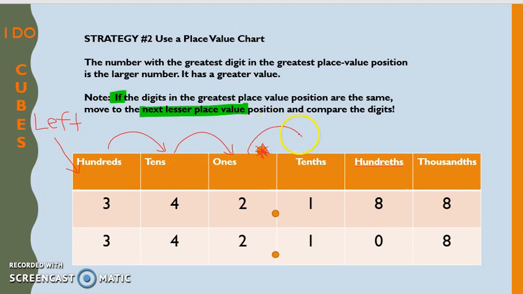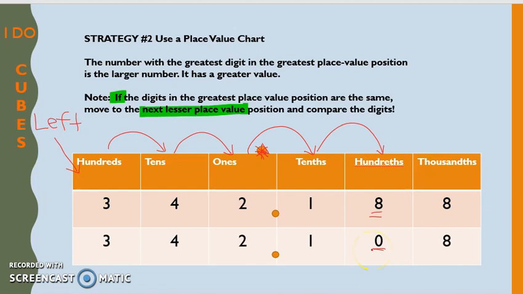Adios. And we're going to go over to the tenths, which are both 1/10. So once again, they are the same. But if we go to the hundredths, we're going to notice that they are different. So the hundredths for this particular question is where we're going to stop, because you'll notice that the thousandths are the same. So if I have 8 hundredths in the first number, and I have 0 hundredths in the second number,